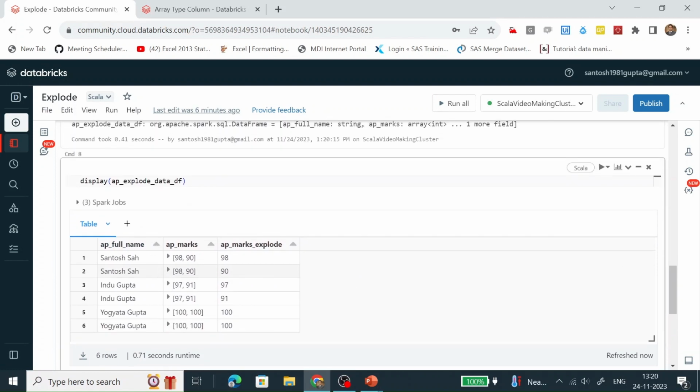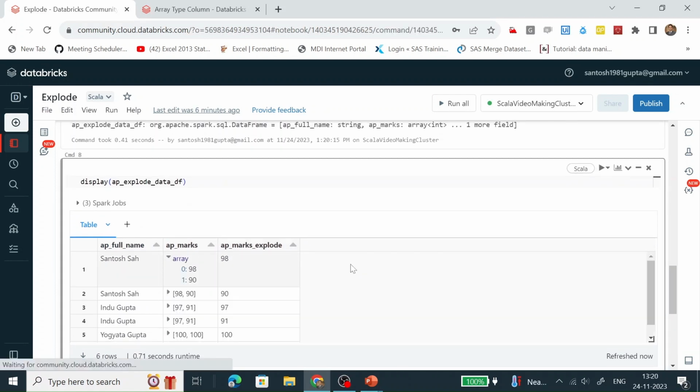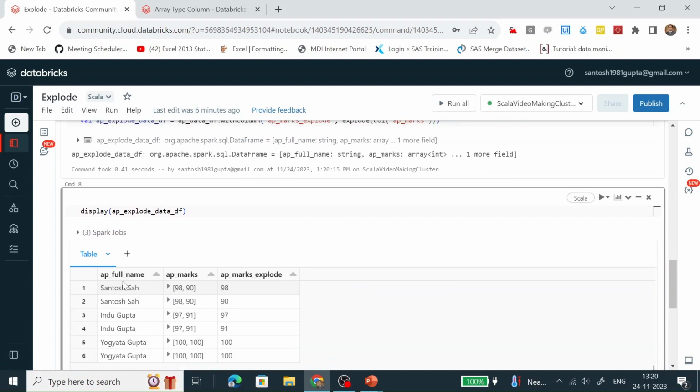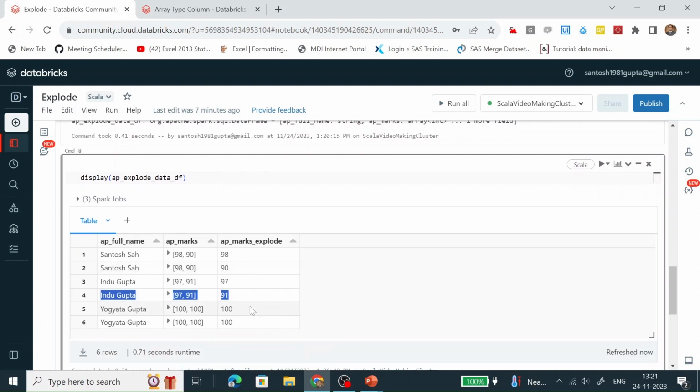We can see here that for Santosh Shah, AP marks has two values, so it is creating two separate rows. The same for Hindu Gupta: two values are there in AP marks, so it is creating two records. Same for here.